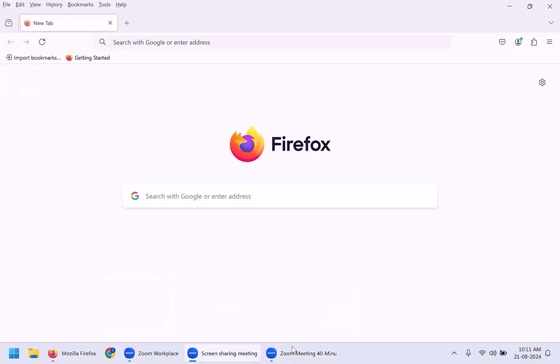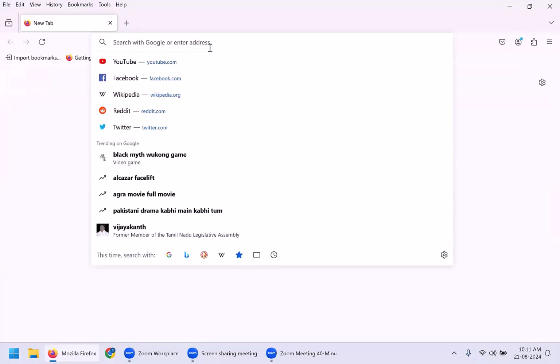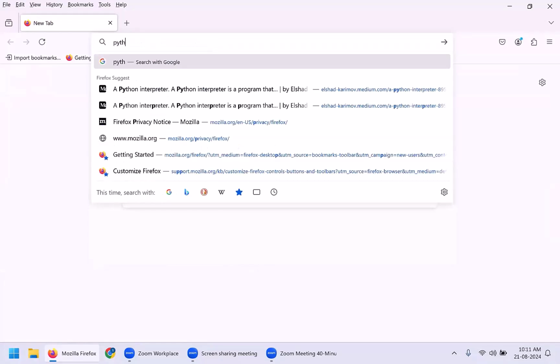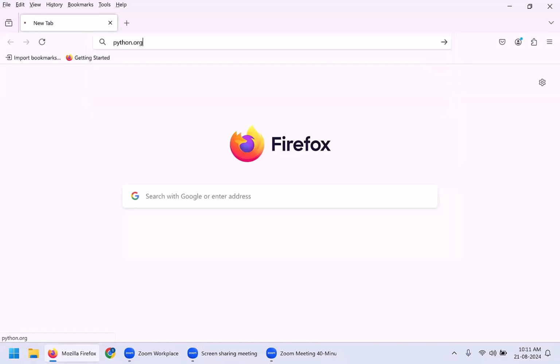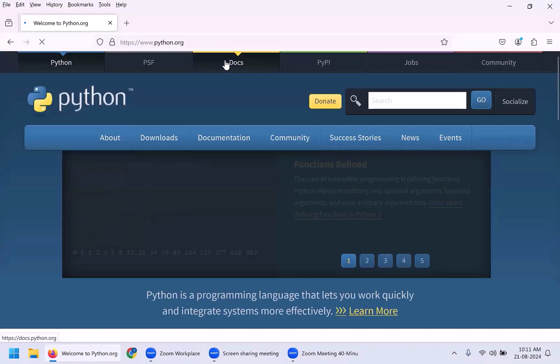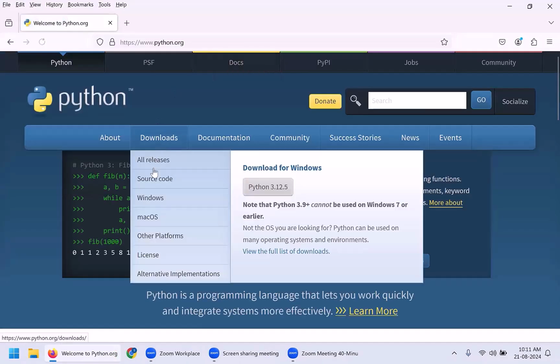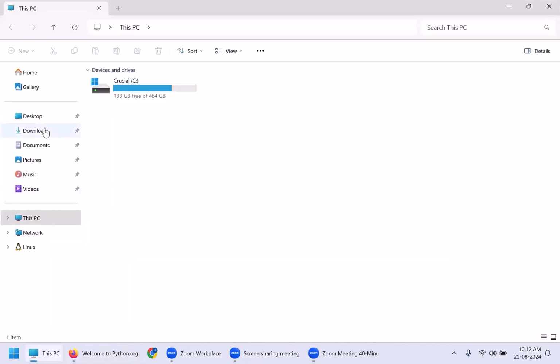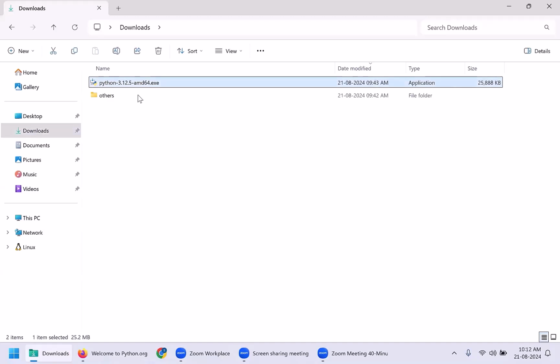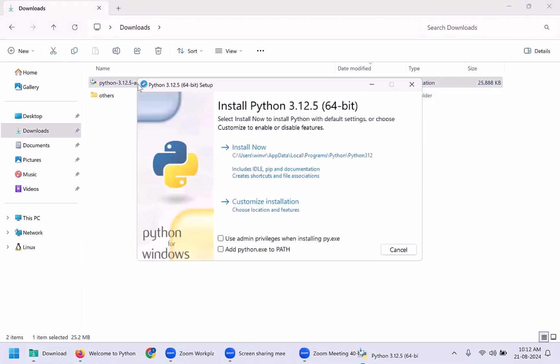I'll show you how to install Python also. Okay, go to python.org. Go to downloads, select the Windows version, and download this one. I already have downloaded this one, in my downloads folder. So if you double click on this one, now you have to check this one, add python.exe